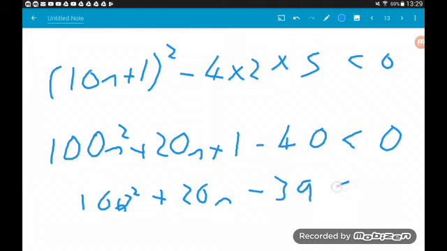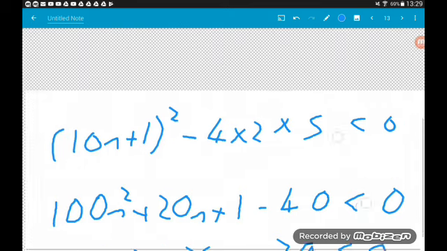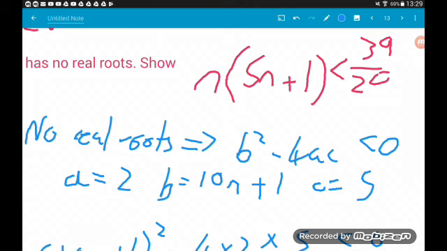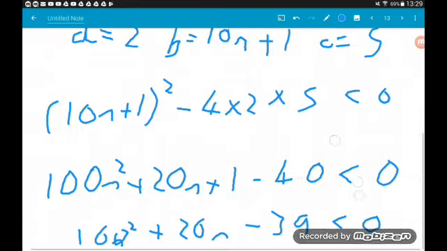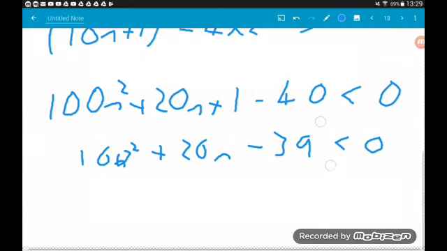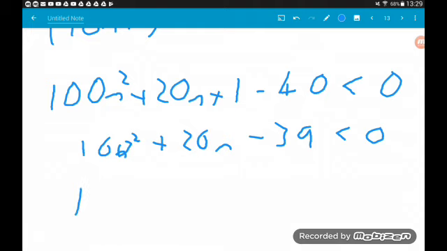39. Now that's a good little sign, because we want a 39 in what we're trying to prove. Where is it? There it is. We want to get a 39 over 20 on the right hand side. So having a 39 now makes us very, very happy. So we can say 100n squared plus 20n is less than